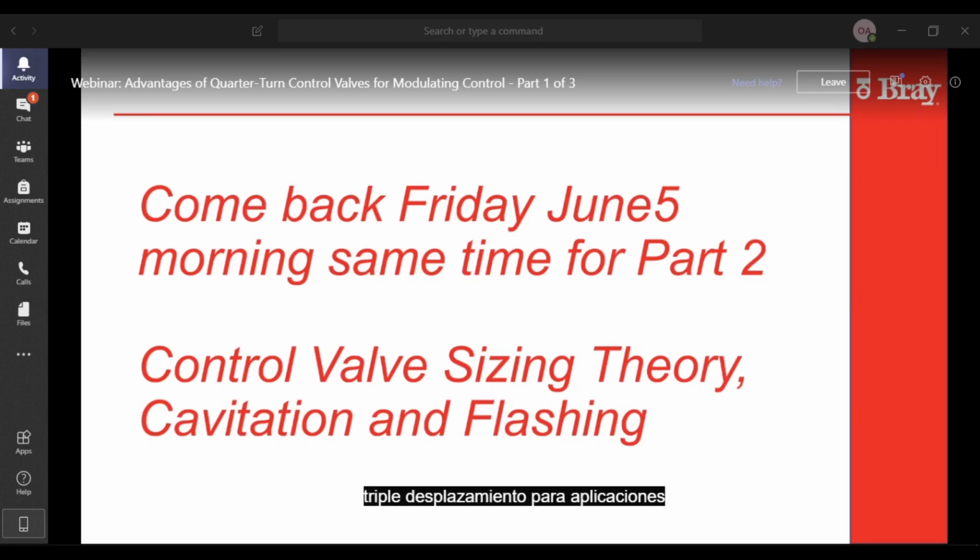So good question. Okay, can a triple offset valve be used for control applications? Yes, it can. It will have limitations in pressure drop just like the other ones, and will probably function longer because the metal seat itself will be more resistant over time to the process. Okay, can you compare operating stiffness of a globe versus butterfly? Which maintains position better with fluctuating line pressures?